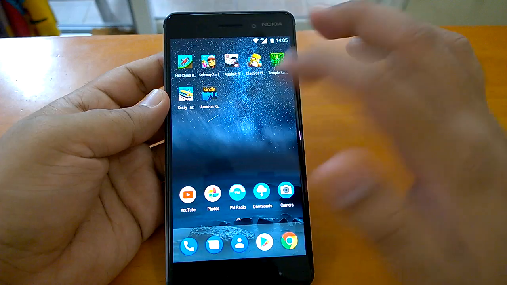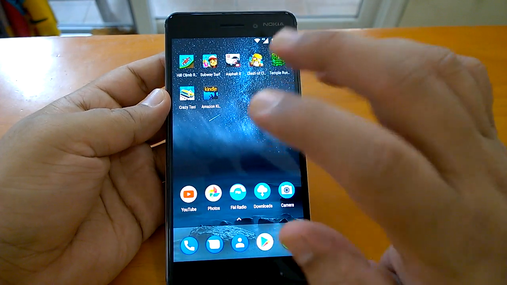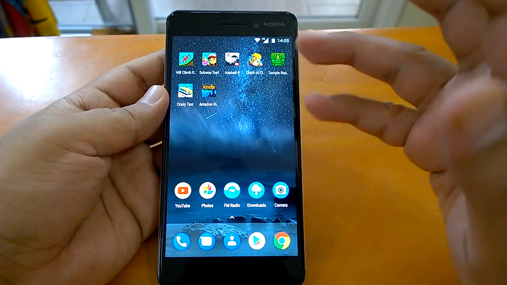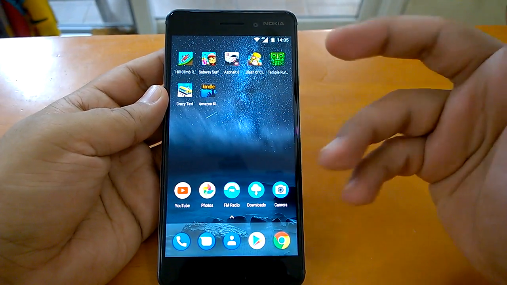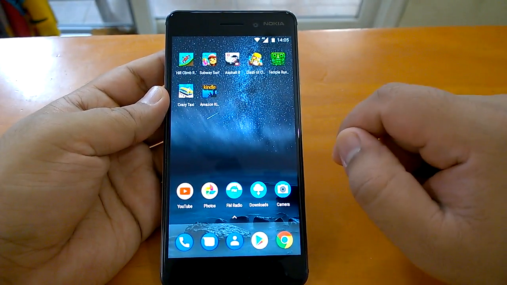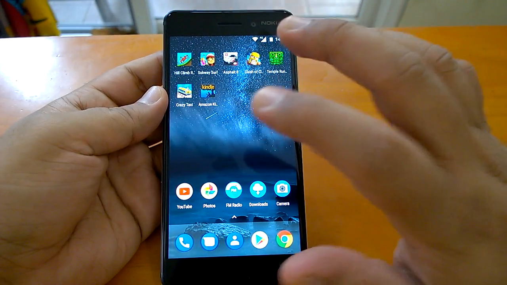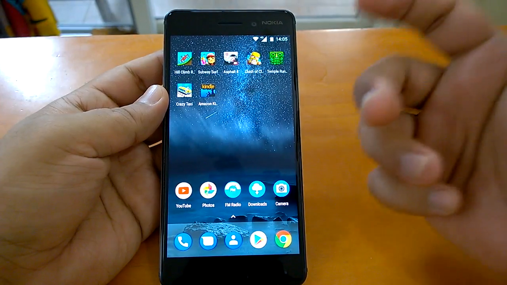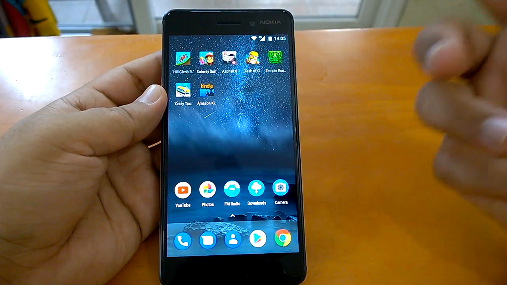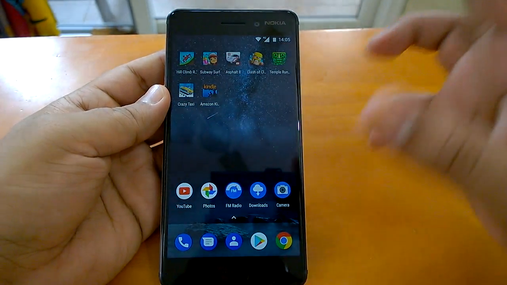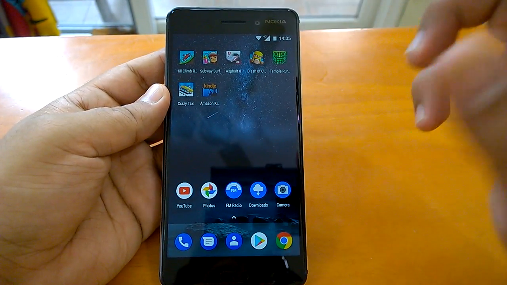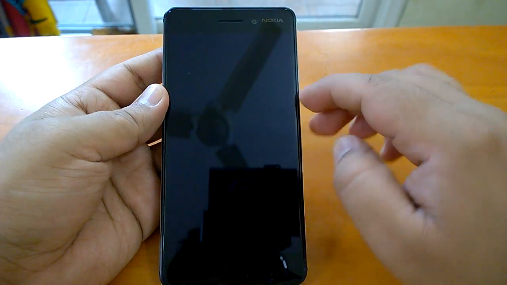Now, it really feels smooth when you use it daily, in terms of daily chores or daily things that you do with your smartphone. When we check the performance, we usually do browsing, a bit of gaming, and we try to check how good the multitasking is, which means how well the smartphone is able to handle multitasking, running games, running apps, etc. So